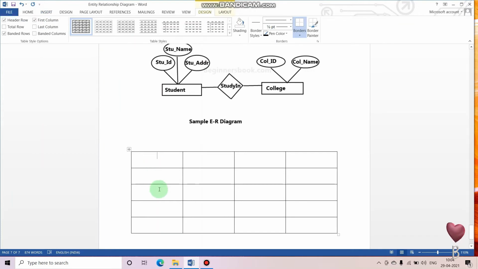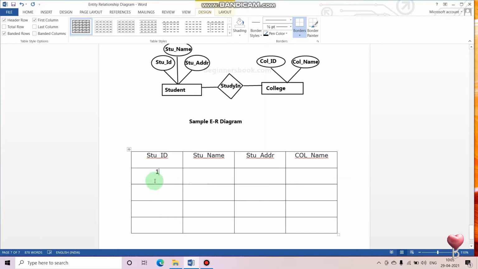Yeah, so we are having 1 2 3 4 5 records. Let us take for example, this is student ID, this is student name, this is student address, and this is college ID. If I would not be having this table, and I am directly specifying the name here, you will be saying why to have another table. You can directly specify the name here.